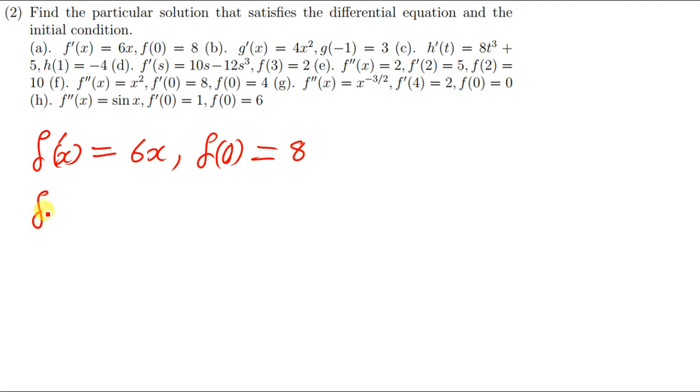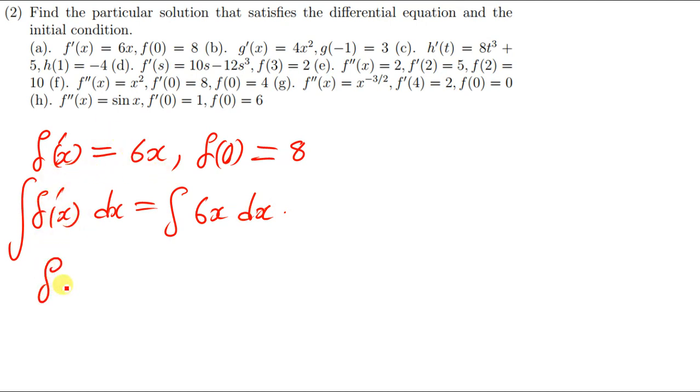So we have f prime of x, so we're going to find the integral of this with respect to x, and we also find the integral of 6x with respect to x. So when we integrate f prime of x, we're going to get f of x, and on this side, when you integrate this part, we're going to get